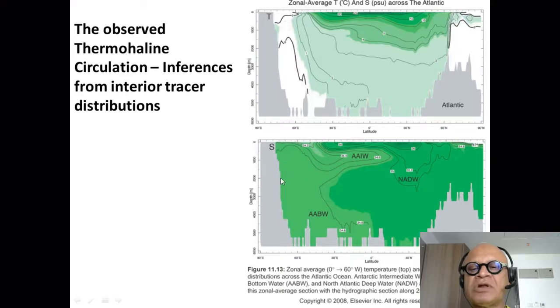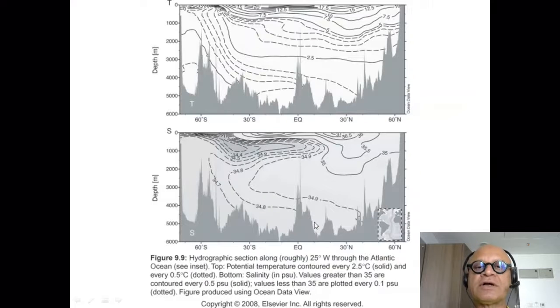And if you remember, the dynamic upwelling, the Ekman divergence in the Southern Ocean pulls up the North Atlantic deep water between the Antarctic intermediate water and the Antarctic bottom water, which is the heavy water. Here are some data from the hydrographic sections, again showing strong stratification with our subtropical bulges upwelling on the equator and the fairly uniform stratification in the deeper ocean. So basically you have very little change here.